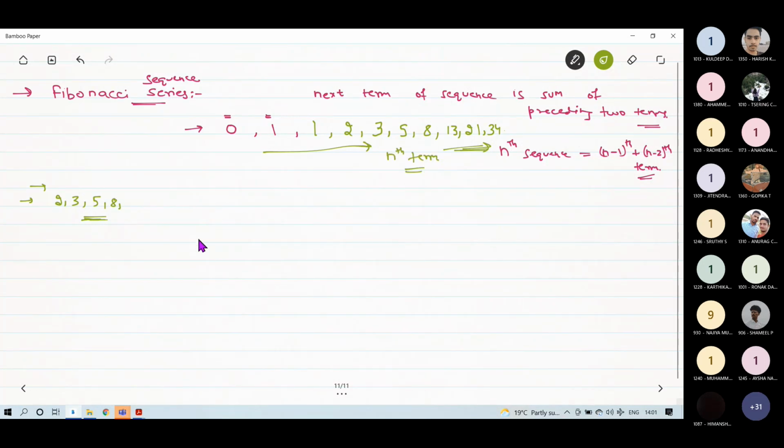So I will just write cout: enter the term up to which you want to generate the Fibonacci sequence.